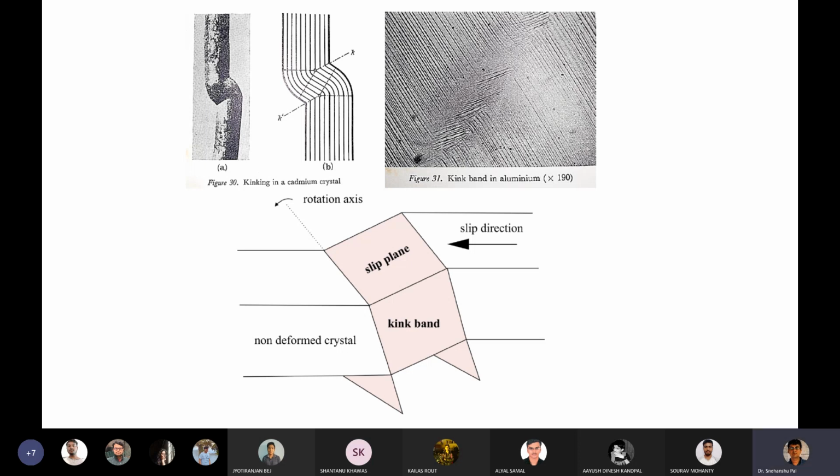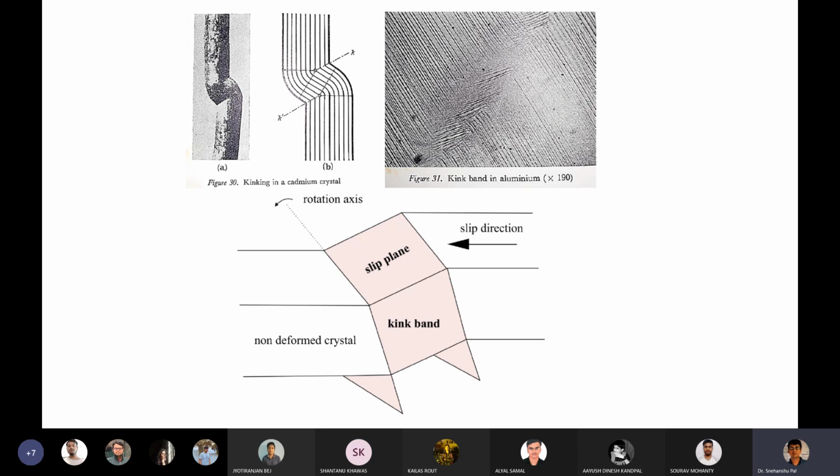So let's start. Look at the picture and just listen to my discussion and try to correlate it with the picture presented in the slide. Suppose when it is extremely difficult to induce slip over a plane, then twinning is generally the mechanism that operates. If you take a scenario where the basal plane of the HCP crystal is parallel to the tensile axis, then it will be extremely difficult to induce slip over